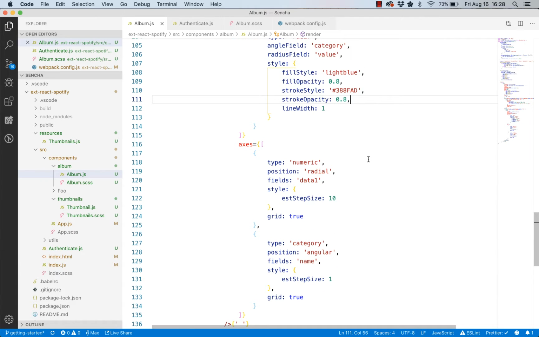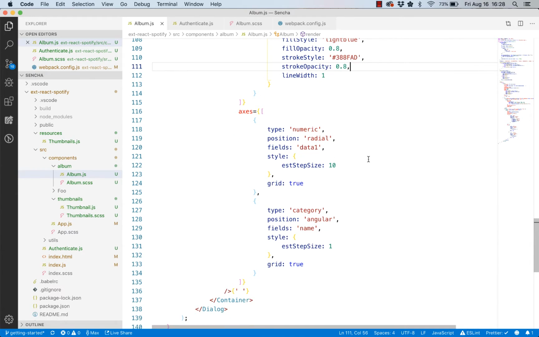If you had a Cartesian chart, you could have an axis on the left, on the right, even on the top and on the bottom. For a polar chart, there's basically two. There's one axis which goes around the outside, and then there's one that radiates from the inside. So what we're going to say is